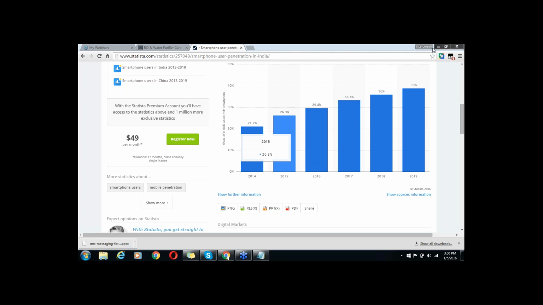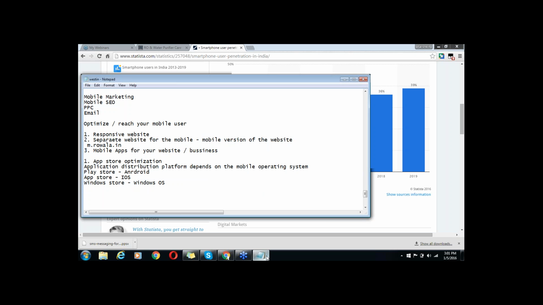I mean to say that when this percentage will increase, when the number of mobile users will increase, every single business needs a person who can manage their mobile marketing, their mobile website, the mobile version of the website, and their mobile applications, and who can promote those mobile applications on different platforms. So there is a huge potential as a mobile marketer in coming days. If mobile excites you, then this is ample opportunity, because every single business will need a mobile marketer in coming days.